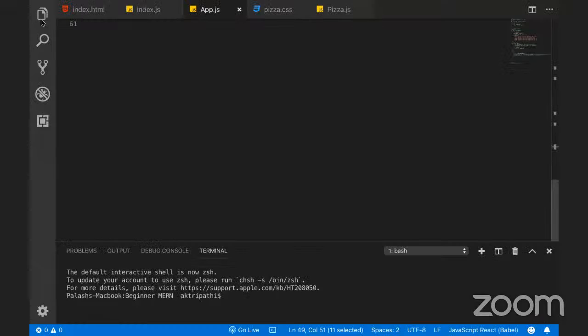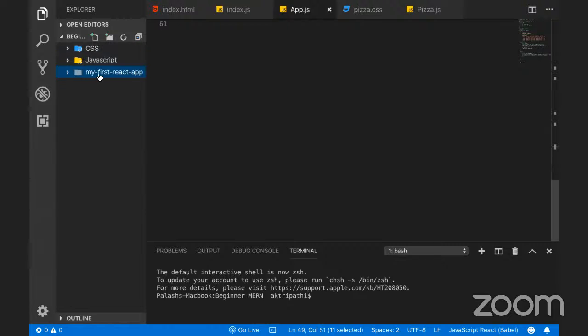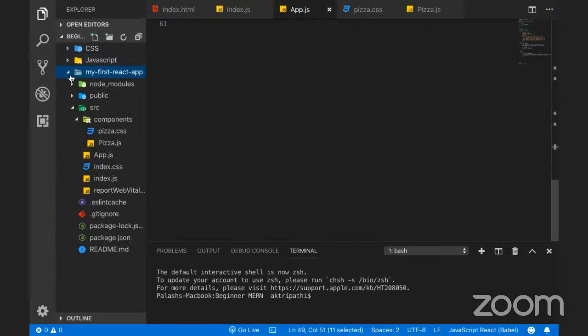Okay, so let me share the screen. And before that, I'll just close a couple of things. All right. So I hope you guys can see it. And we have built up so many things. There was HTML in between this as well. And we were working on the app.js. We kind of created a